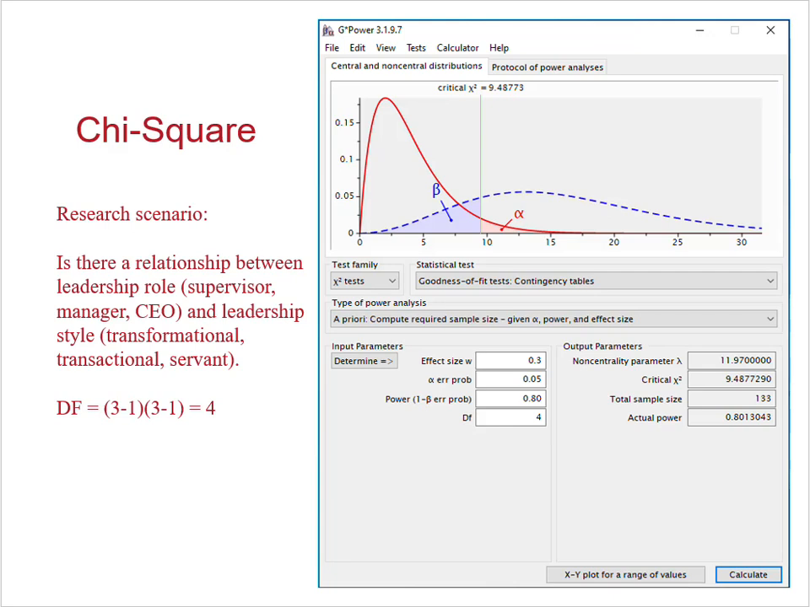Hello and welcome to this video on doing a chi-square test using G-Power. So for our research scenario, we have, is there a relationship between leadership role, where our leadership roles are supervisor, manager, and CEO, and leadership style, transformational, transactional, and servant. So we have three groups in each one of our different variables or categorical variables. So we have two categorical variables with three groups, supervisor, manager, CEO for the first one, and transformational, transactional, servant